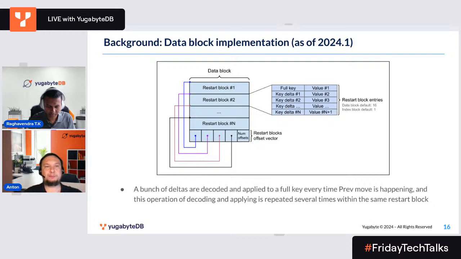As an example of backward reading over this restart block, the first step would be to read the 16th entry. So assume we have 16 entries in the restart block, which will require reading all the entries from the very first entry up to the 16th entry and applying all 15 deltas. The second step, when we are moving back, when we're doing a prev, we again have to